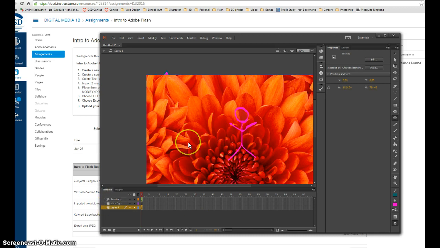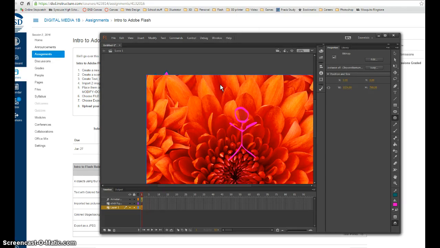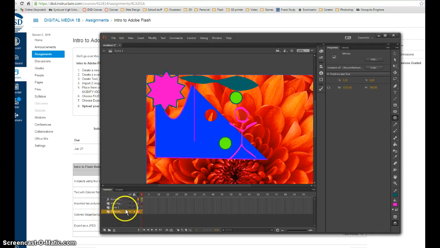Now let's say I want to make this picture the background. I need to right click on it. Right click, distribute to layers. And when I do that, it's going to make a new layer down here. You'll see it pop up as soon as my computer stops thinking about it so hard, called Chrysanthemum, which was the name of this file. You could double click and call it background, but I'll just leave it as is. It's very large, so if you come over to here,